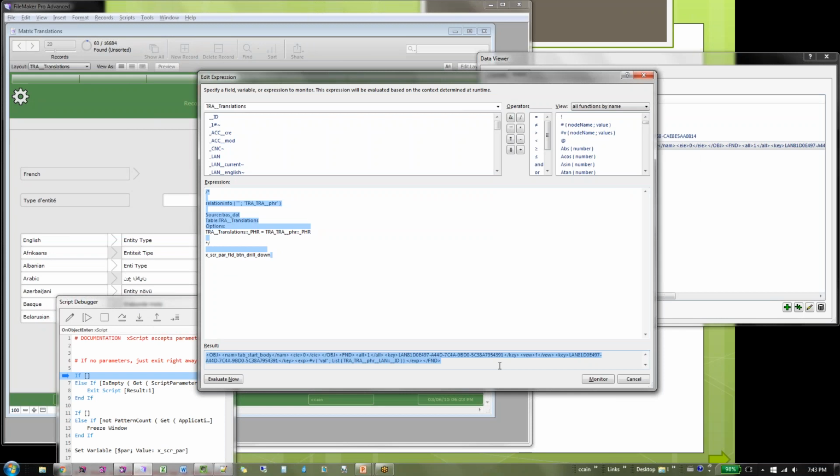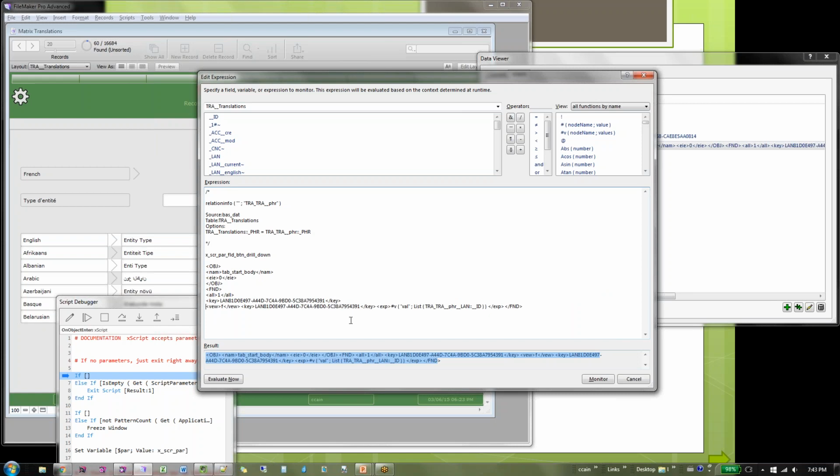But here's the find request. So it says go to the object named tab start body. That's just to make sure it actually goes to a common object on our layouts, just to make sure we don't have an uncommitted record, or we're not still editing this row. Do not exit if there's an error, because that's not a critical thing. Do a find all records, even if they're inactive.